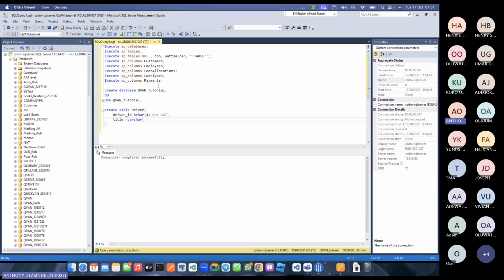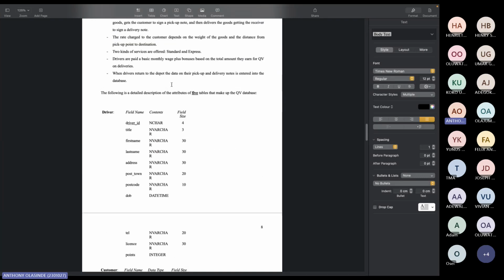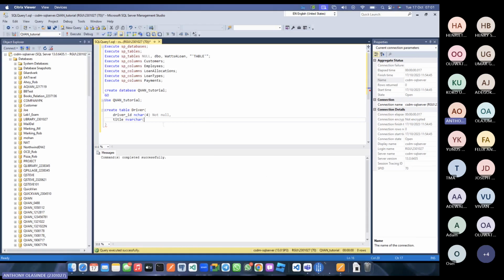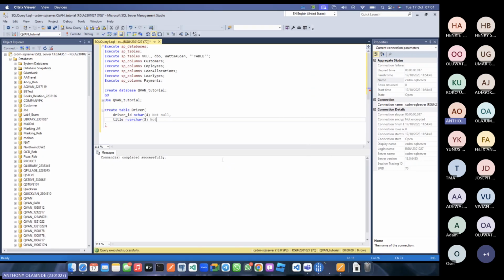nvarchar 3. So this is saying just 3, okay, this could be null, right? This could be null,